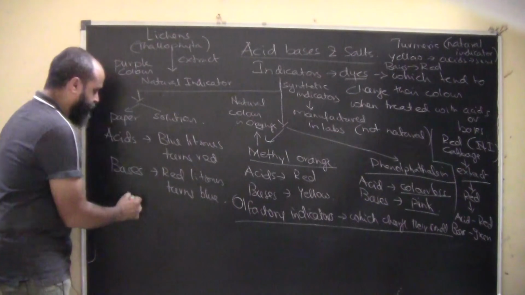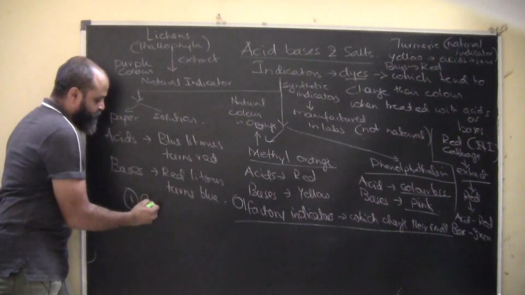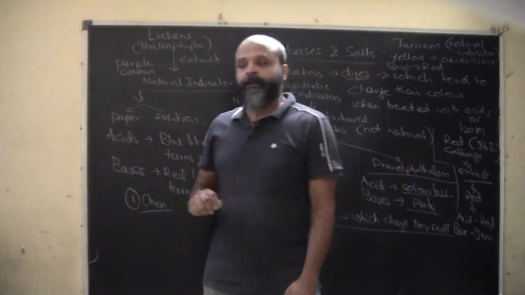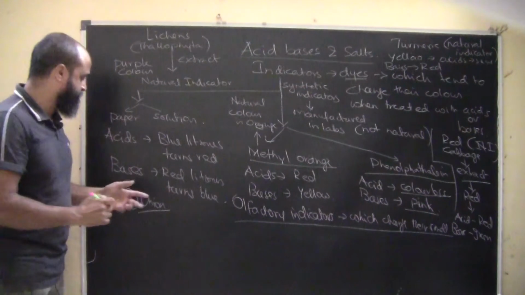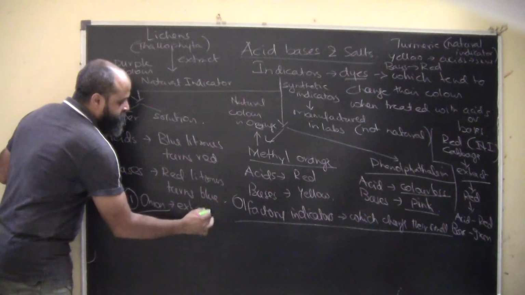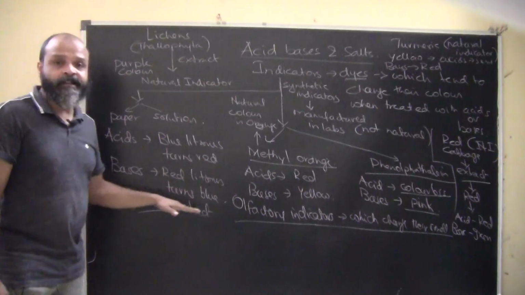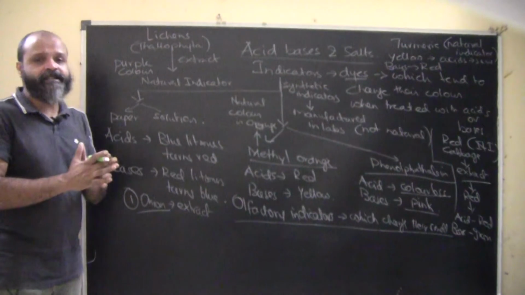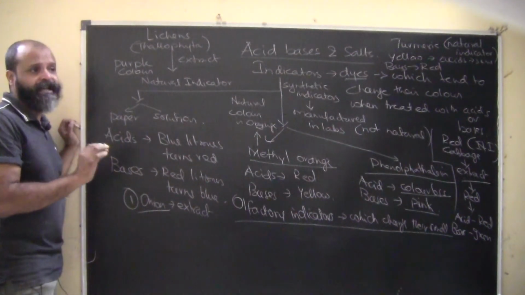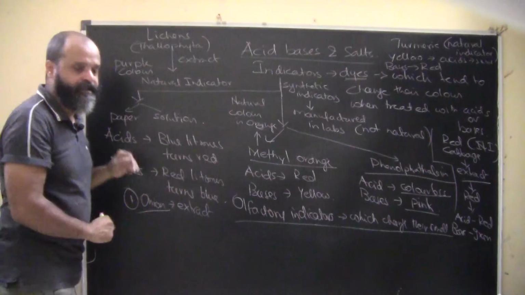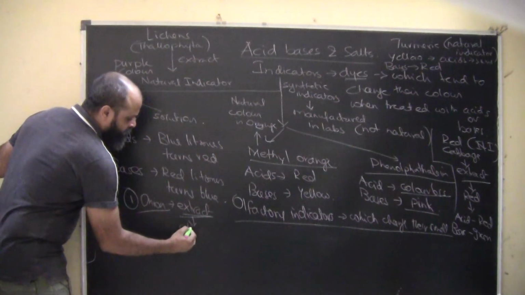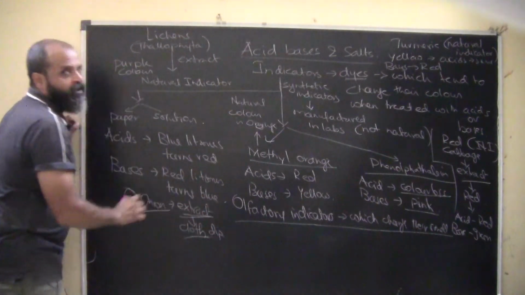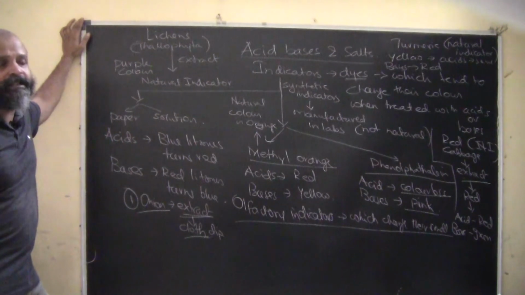So one of the olfactory indicators very commonly used is onion. We all know that onion has a very characteristic and a very strong smell. Now when you are drawing an onion extract by, you know, a mixie or whatever, this is an onion extract and we all are very aware it's a very strong, characteristic smell. Now you dip a cloth, any cloth, in that onion extract, so obviously there will be a very strong smell that the cloth will have.